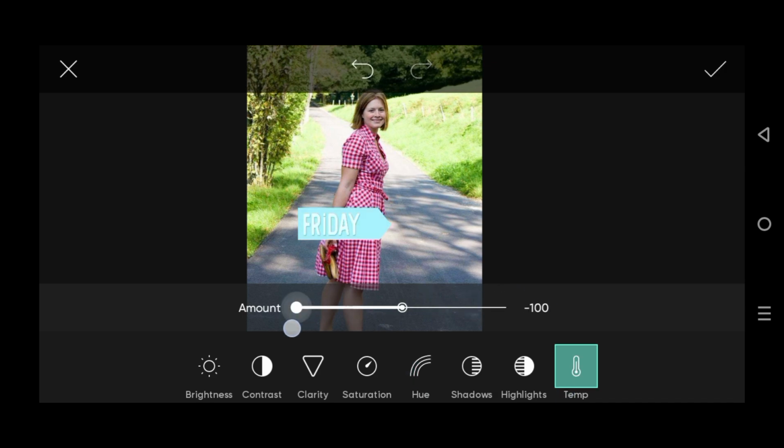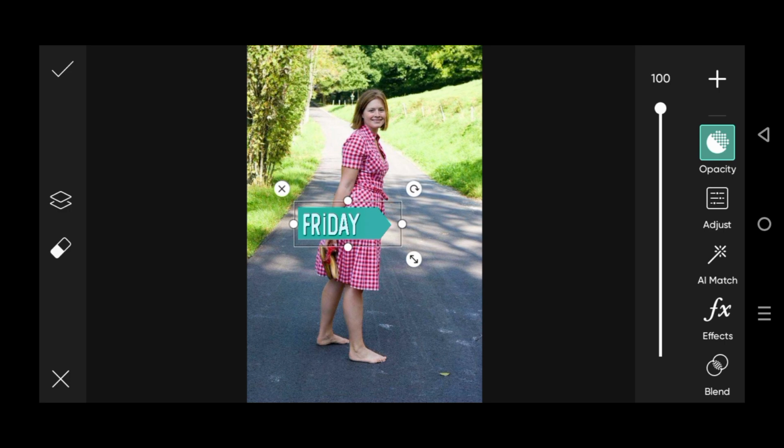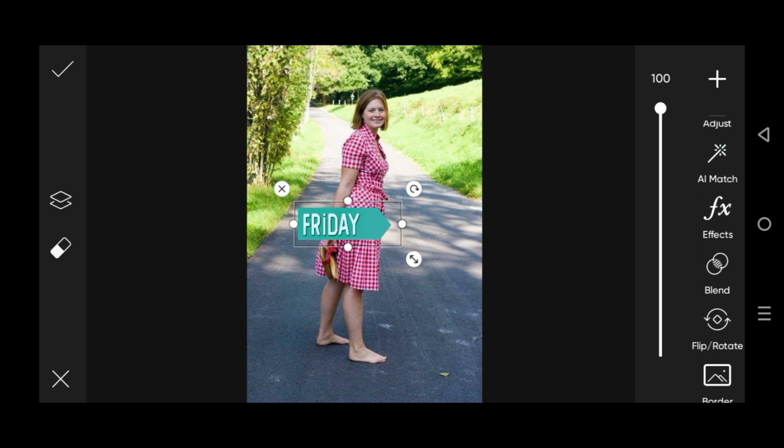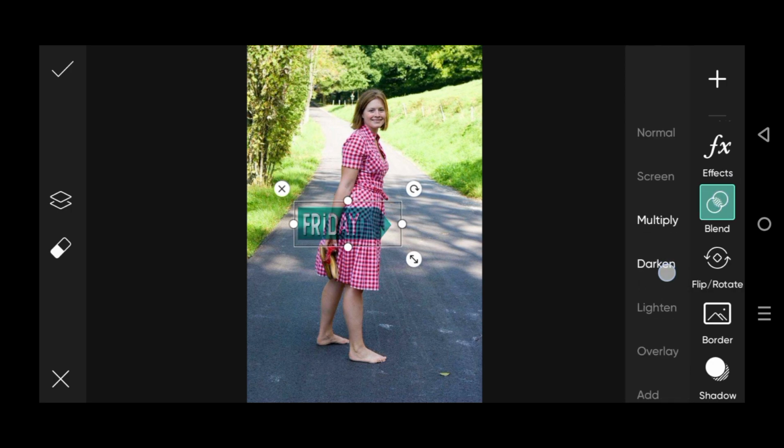Here I have to change its brightness, which I have to make like that. Here we could also change the clarity of it, guys, as well as we could change the saturation of it, and the picture is going to look like that after the application of all these things, guys. So here we could also make it blend with the application of these options on it, guys.